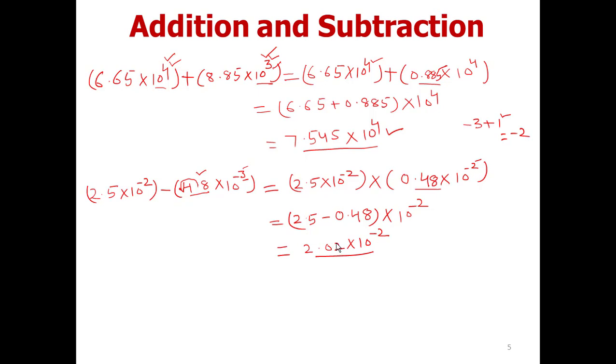So you have to remember that when we have to do multiplication and division, we have to do nothing with these exponents, but when we have to do either addition or subtraction, first we have to make the exponents same. So that's what we have done here in these two examples. So please do some more practice with some other questions. These type of questions you can get in your lower mathematics book. So please try to solve and practice these sums, because this is very important when we have to solve numericals related to chemistry.